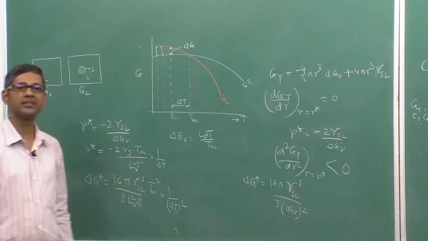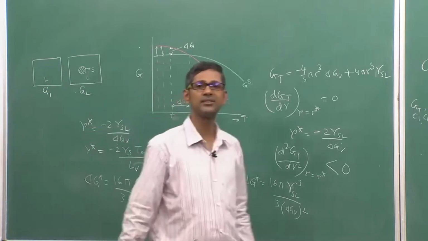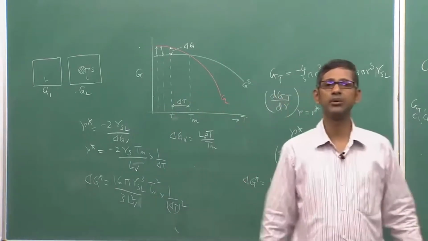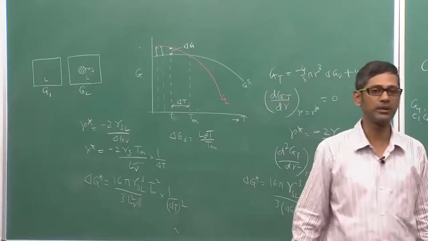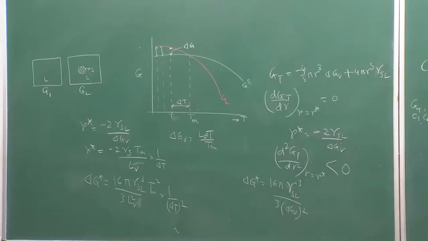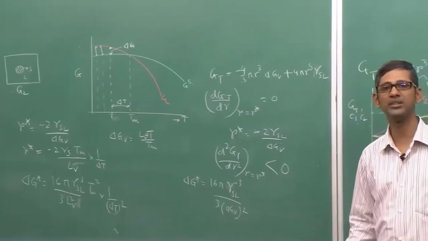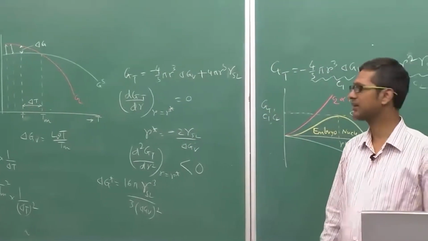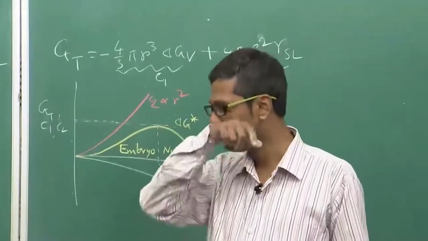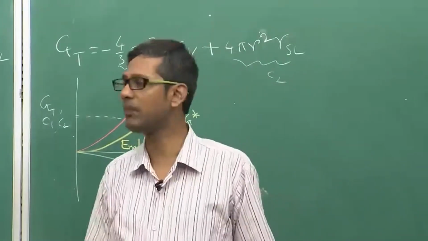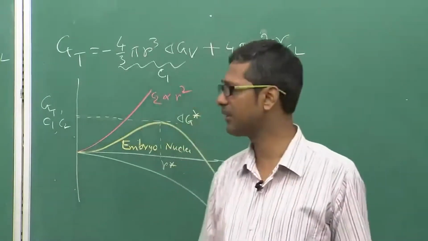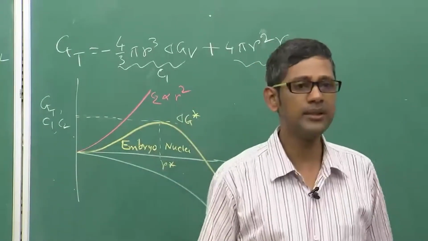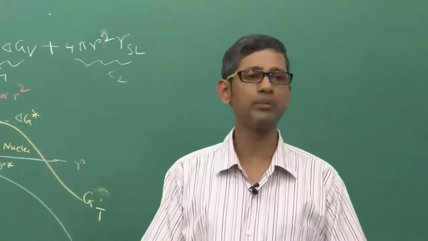Normally, R star is a couple of nanometers in size, it contains about 20 to 100 atoms, and G star is the critical barrier, which can be very small actually, 10 to the minus 15 to minus 18 or 20 joule per cluster. That is a very low value. So, in your assignment problems, you will find how to use these equations to find out different values. Remember, in the next lecture, that is what I am going to discuss.